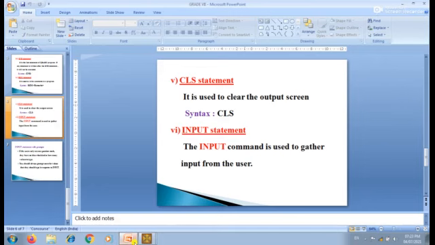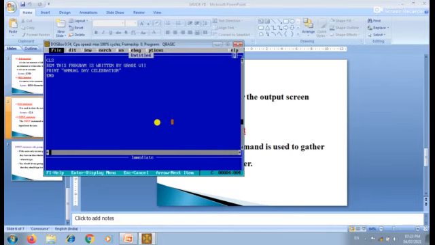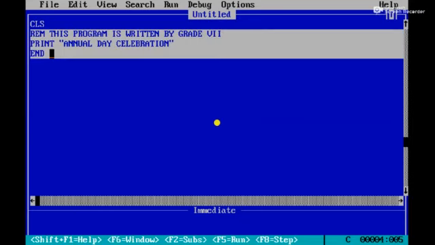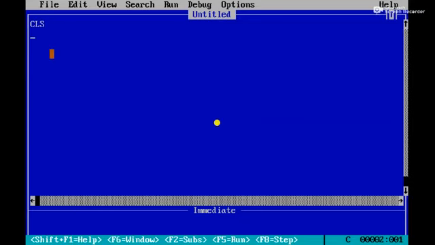Okay, see here, I will show you with the help of the QBasic language. I am going to erase all the steps. I have typed only clear screen. The next is input A. The next is input B. Then C is equal to A plus B. Then print C. At last I am going to give the end statement.